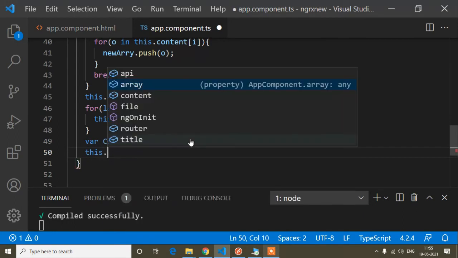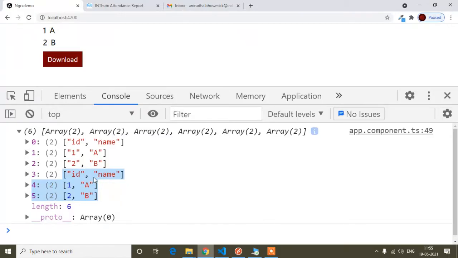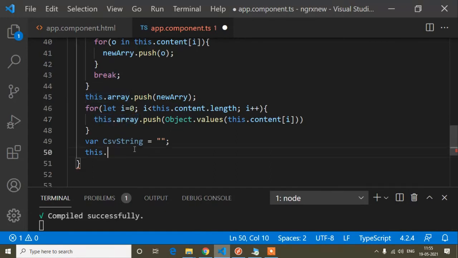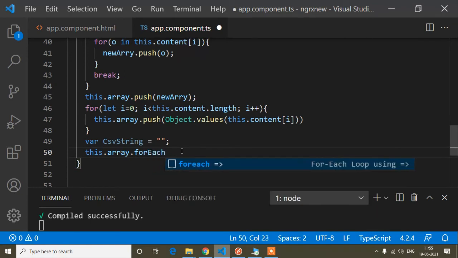Because I have shown you I have to remove this thing from this array, for that here I will write this.array.forEach.